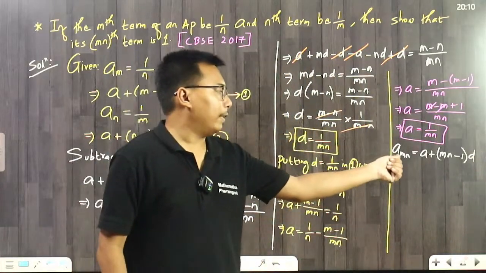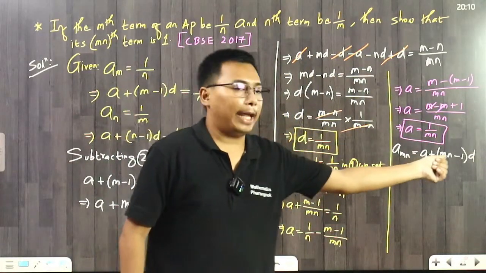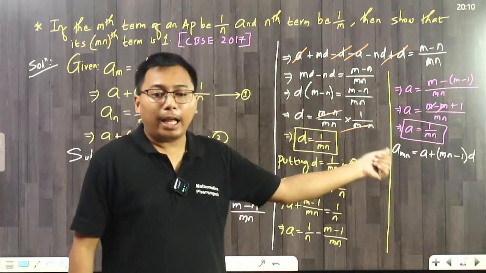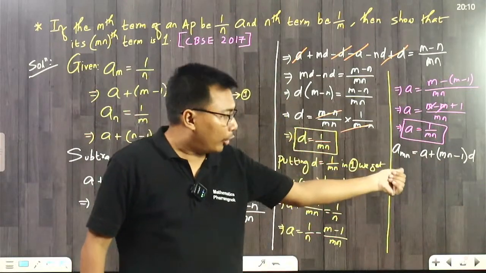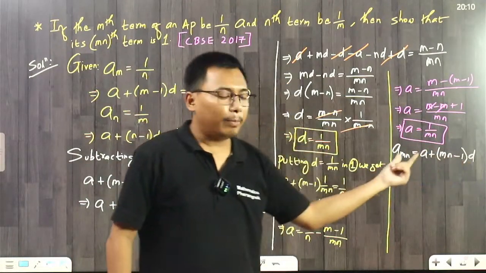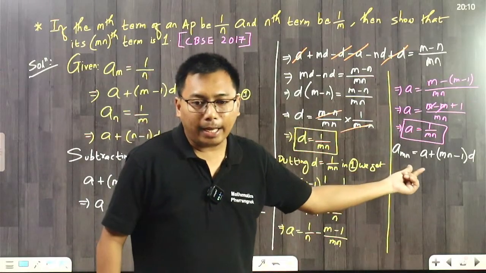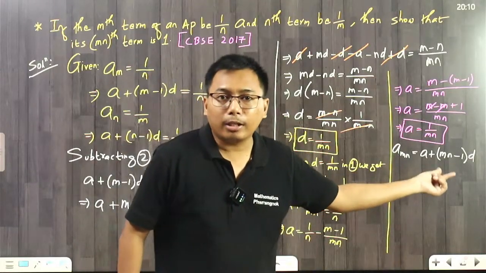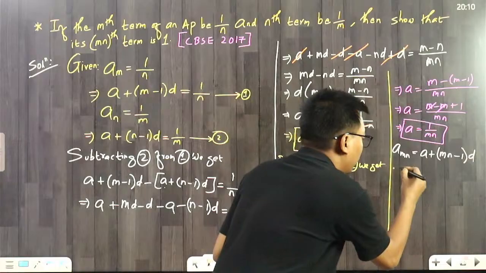If it's an n here, we'll get a plus n minus 1 d. If it's P here, a plus P minus 1 d. If it's aQ here, a plus Q minus 1 d. So similarly, if it's amn here, we'll get a plus mn minus 1 d,